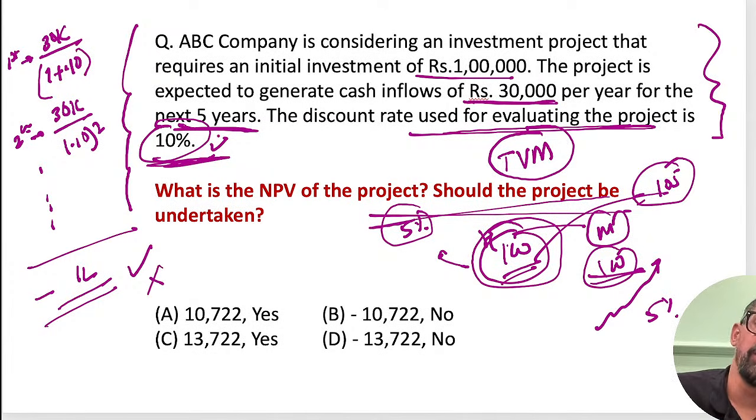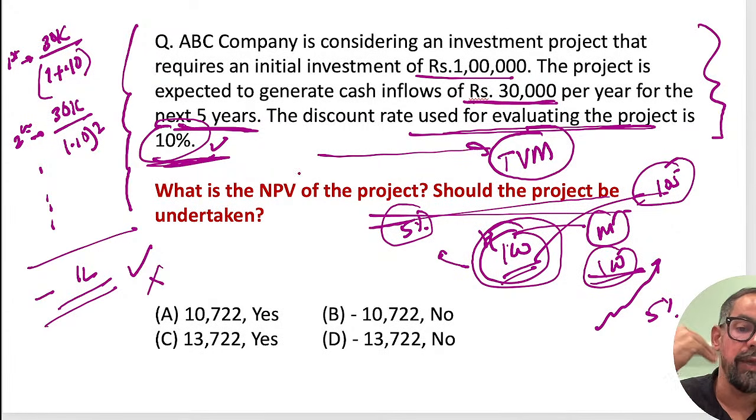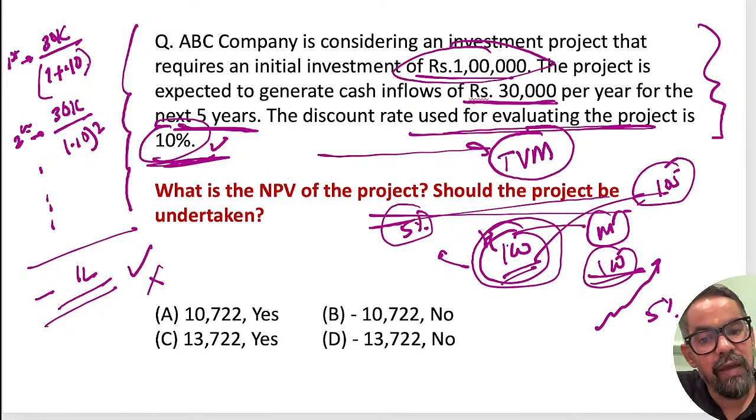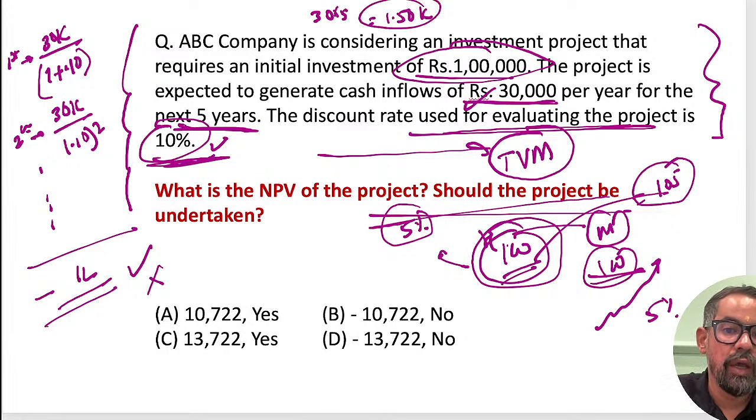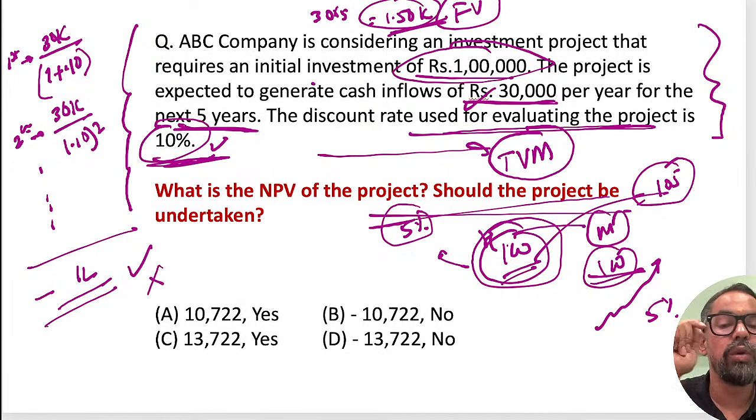You do not have to calculate discount rate. This is something which the examiner will give you. So the method works on time value of money. Discounting methods say that this 1 lakh rupees we are investing today is an outflow of the company today, and at the end of every year you will get 30,000. In general how much are we getting? 30,000 into 5, 1,50,000. You have invested 1 lakh rupees and you will get 1,50,000, but this is future value. So you have to discount that one.